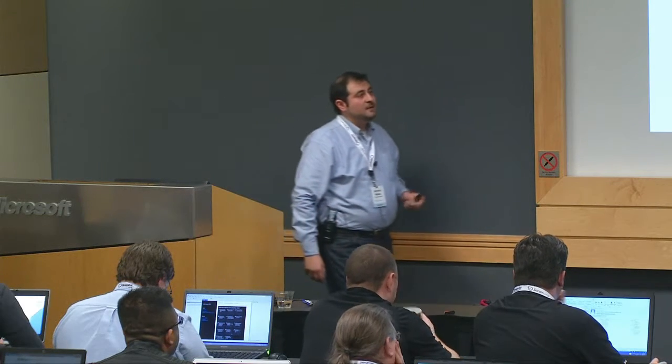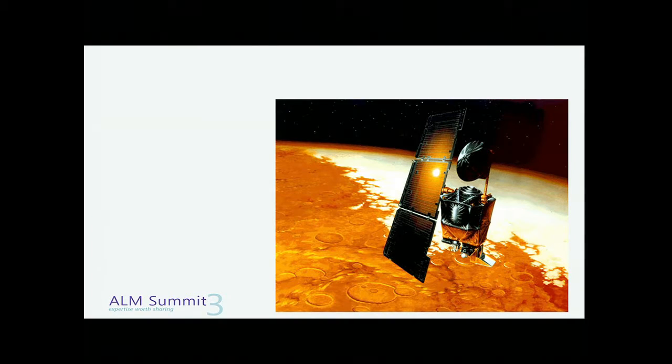Could anyone tell me what orbiter is this? This is Mars Climate Orbiter. In September 1999, Mars Climate Orbiter was lost in the deep atmosphere of Mars due to a software bug